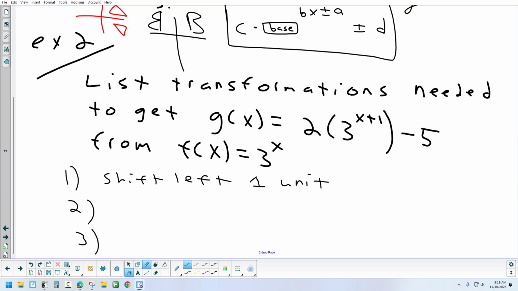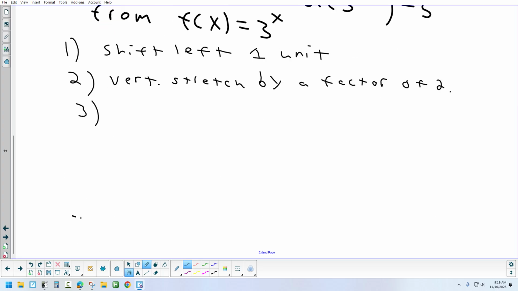Jackson? Positive 2. And what's that going to do? Vertical stretch by a factor of 2. Yep. Vertical stretch by a factor of 2. So that means if you had a graph that looked like that,